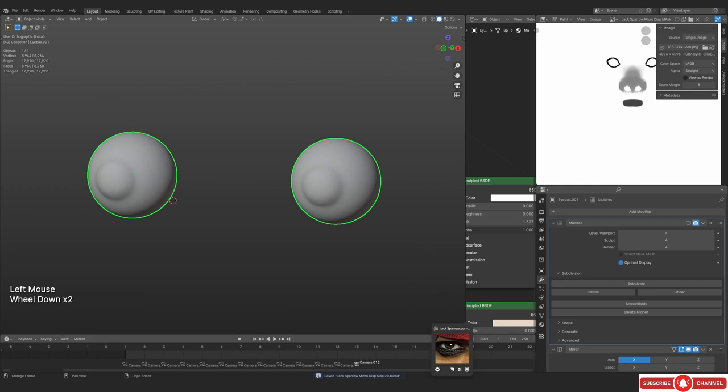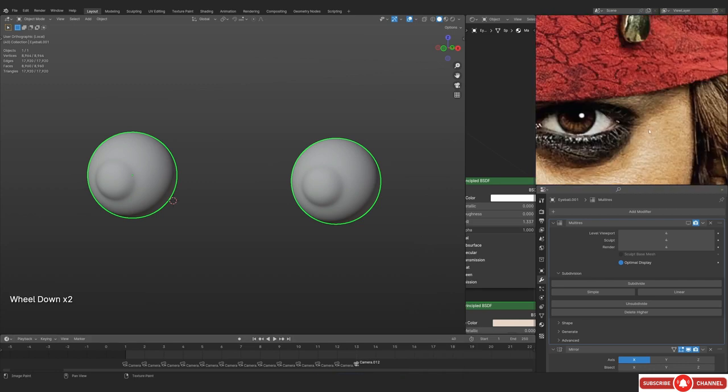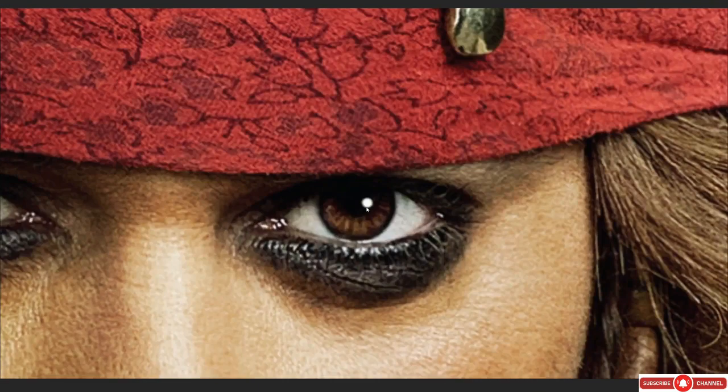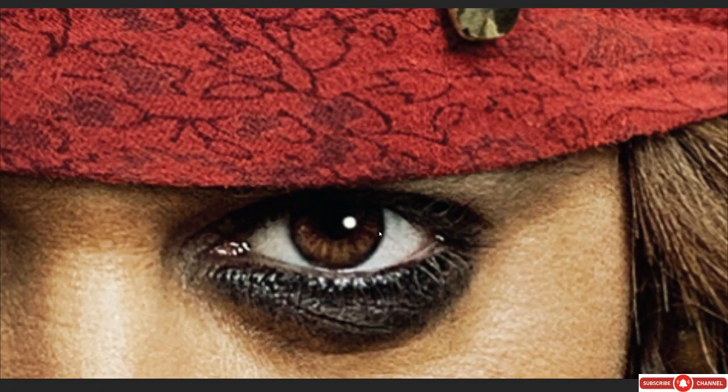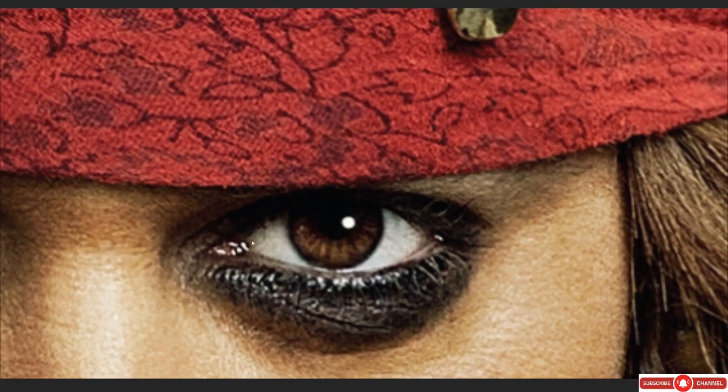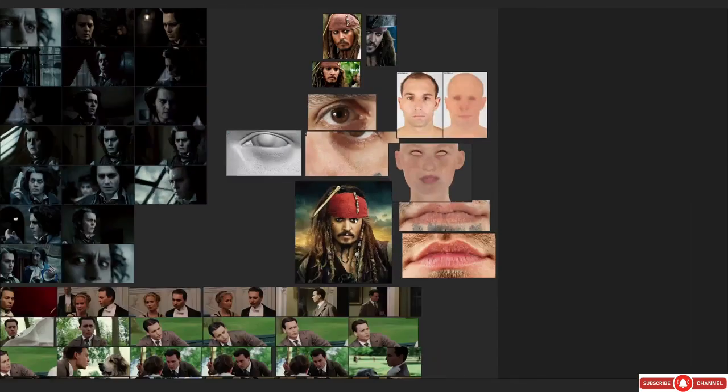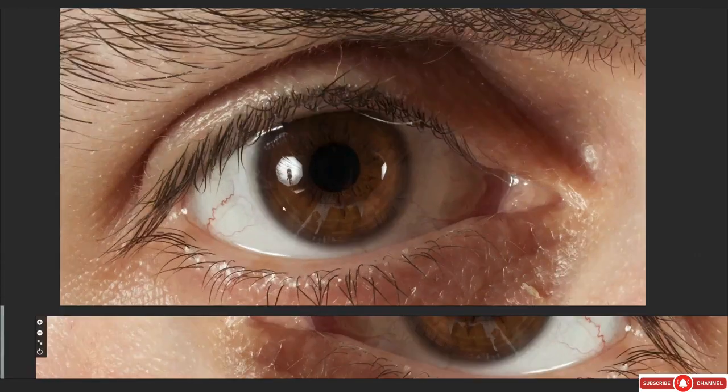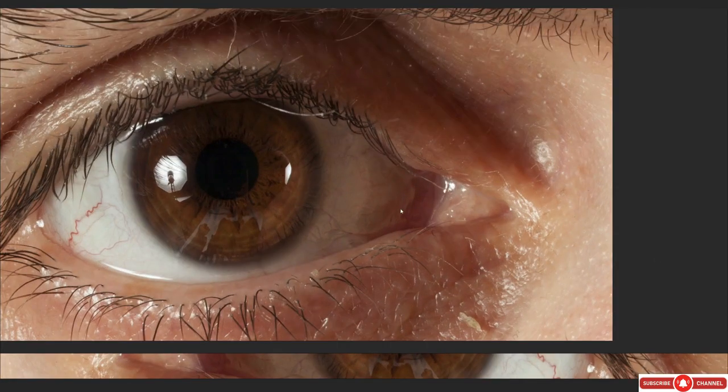And now we are on to the part where we can actually just apply the multi-resolution modifier. So before we do that, you can see this is what we have. We have some red on the corner of the eye. This is actually pretty important to look at the references. So you can see we have more reds on the corner of the eye. And you can see this is also the area where the veins are coming from.